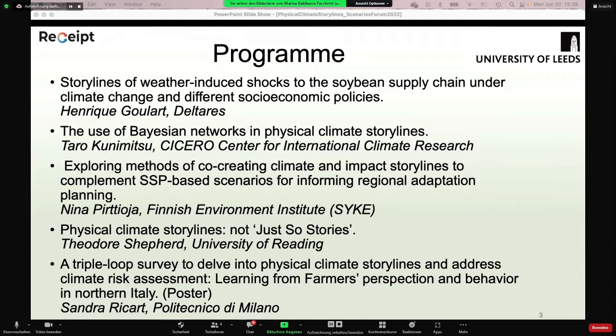Our third and invited talk is by Professor Ted Shepherd. He is the Grantham Professor of Climate Change Science at the University of Reading, and since March 2022 holds a part-time appointment at the Jülich Supercomputing Center in Germany. He's a specialist in large-scale atmospheric dynamics and circulation and its role in climate change, including extreme events, and